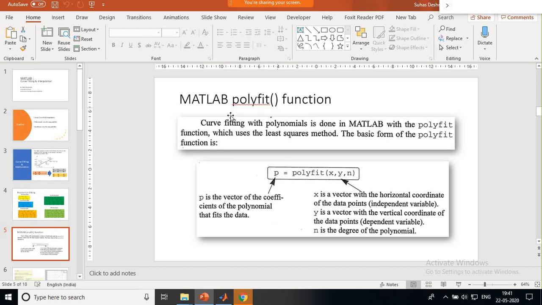So when we are going to fit this, ultimately you first need data x and y, and the fit curve you want to fit onto this. That is, p is nothing but the output vector, polyfit is the function, this x and y are your experimental data or data points to which you want to fit the curve, and n is my order of equation.